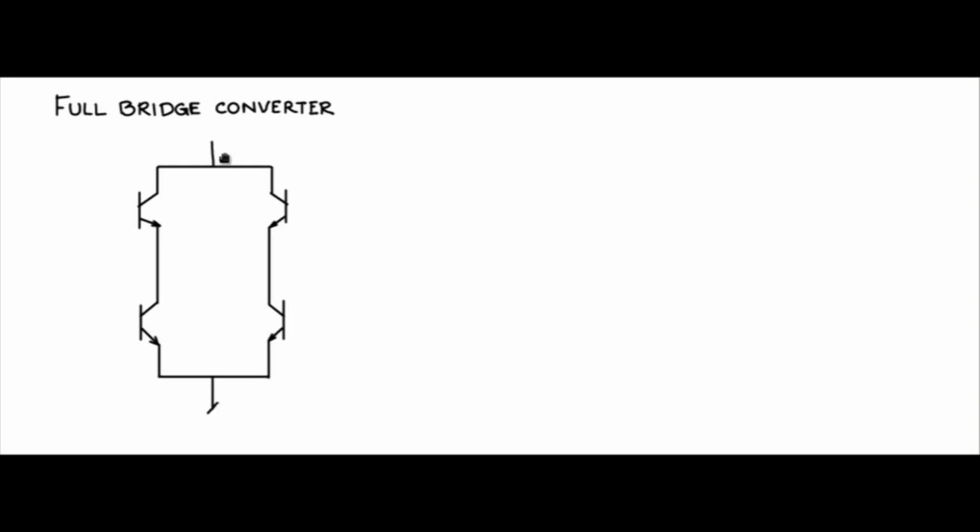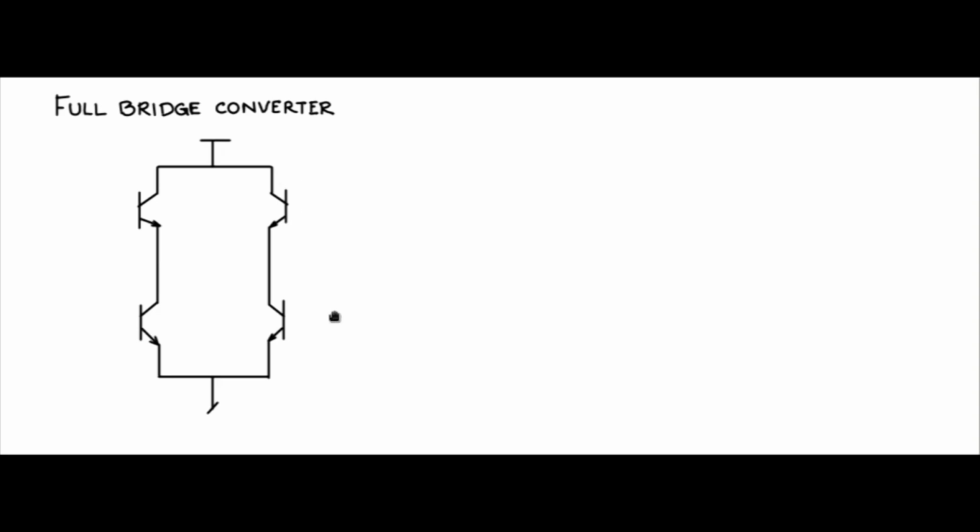One of the most popular converters at high powers is the full bridge converter. The topology is like this. You have 4 switches. In fact, it is comprised of 2 half bridges. You have one arm, with one top switch and bottom switch. You have another arm, another top switch and bottom switch, connected like this, and both arms are connected to VDC